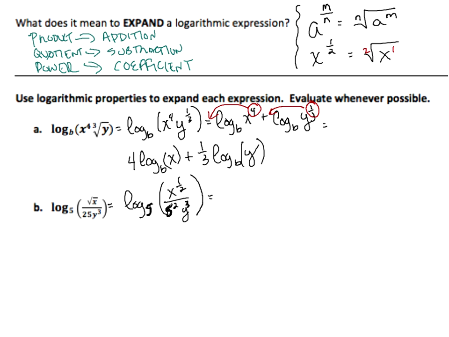All right. Now I want to separate the numerator from the denominator. So I'm going to subtract the logarithm of the denominator from the logarithm of the numerator. So this is the same thing as log base 5 of x to the 1/2